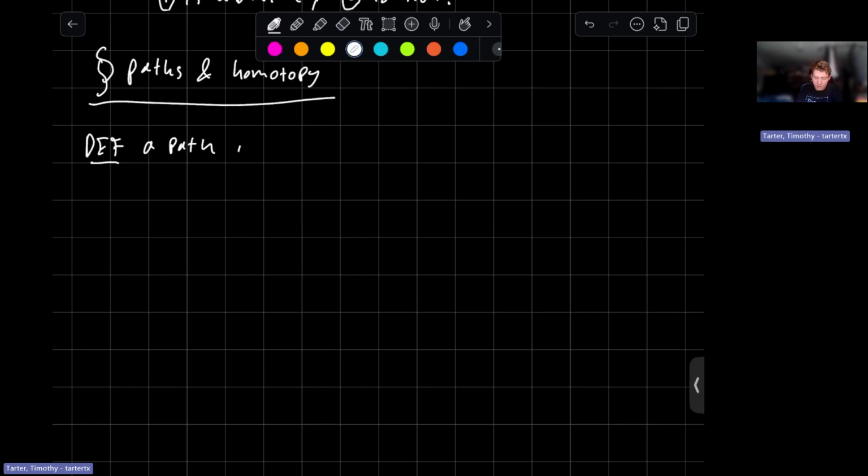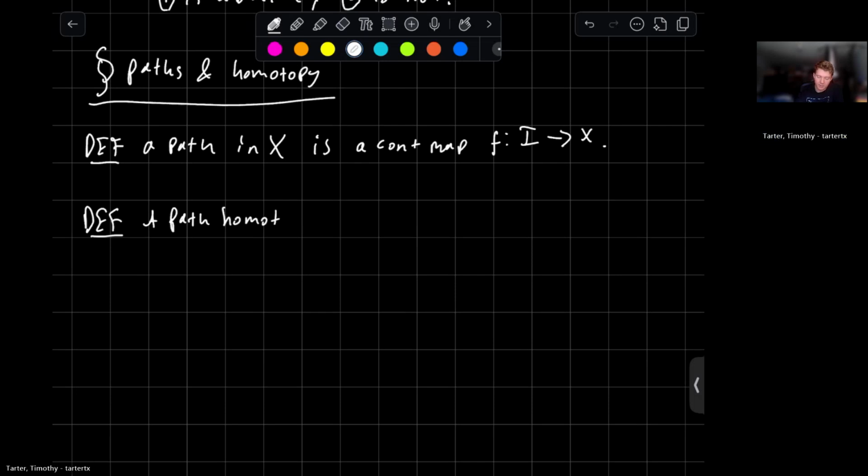A path in the space X is a continuous map f from I to X. And so then a homotopy, a path homotopy in X is a family